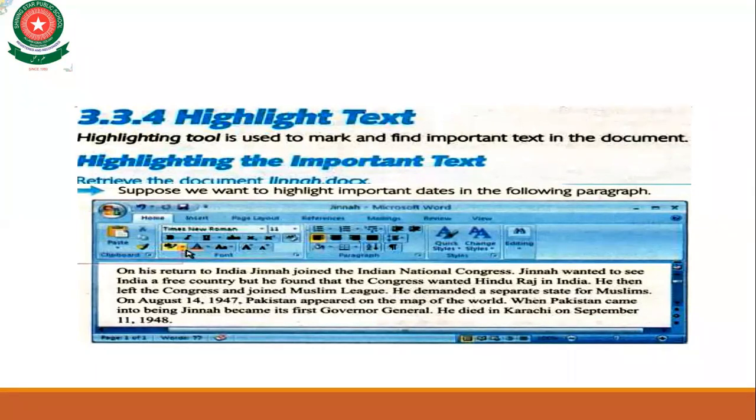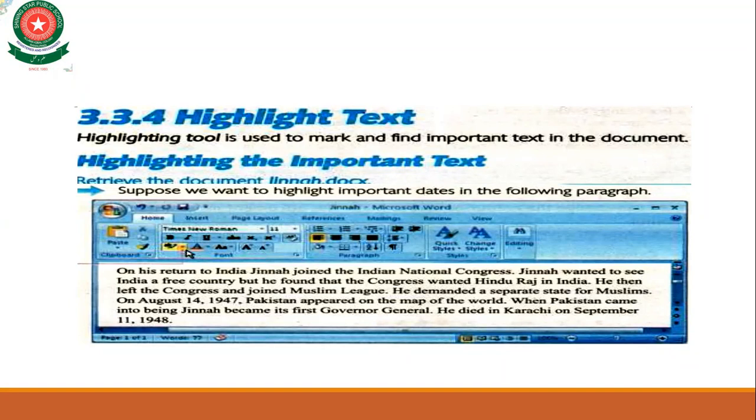He demanded a separate state for Muslims. On August 14, 1947, Pakistan appeared on the map of the world. When Pakistan came into being, Jinnah became its first Governor General. He died in Karachi on September 11, 1948.